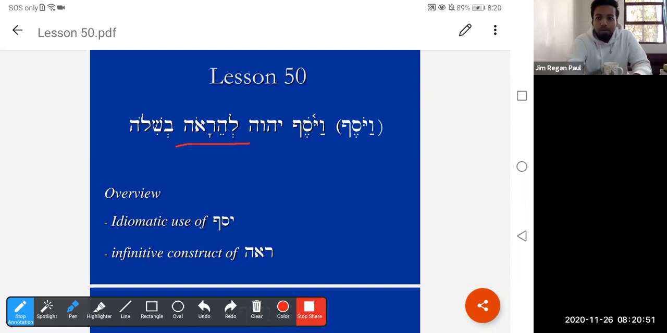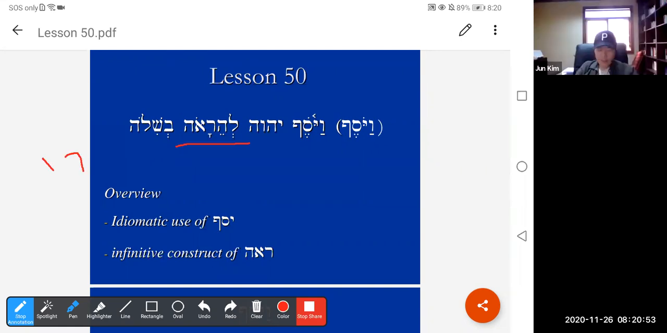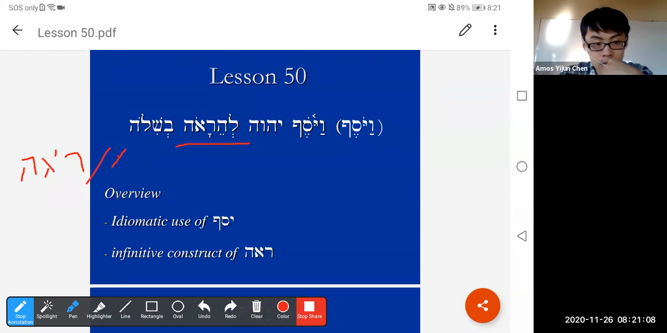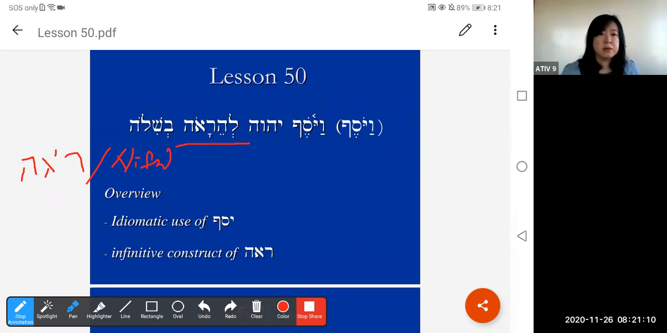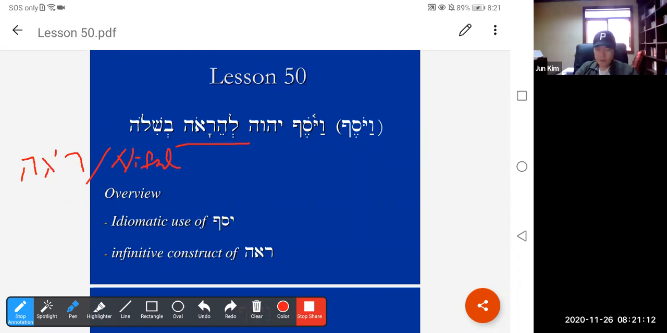Ra. Okay, someone say la. What about stem? I think this is what we studied yesterday. Infinitive. Infinitive because of the construct. Yes,